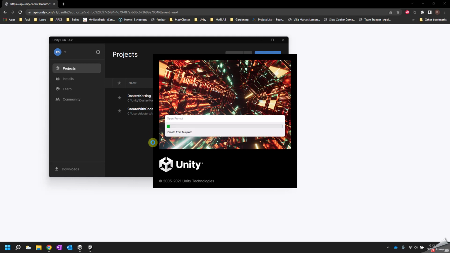So it's going to sort of open up Unity. It's going to download sort of the template. It's going to open the assets. And then we'll go ahead and stop here because that's really just getting the project up and going. And the next one, we'll talk a little bit about what you can do with the